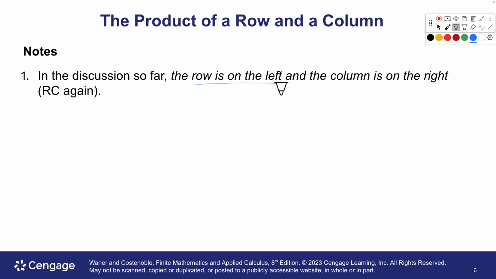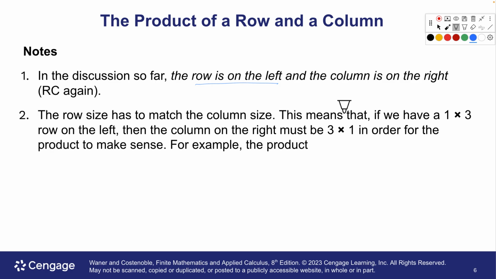So the row is on the left and the column on the right. If the dimensions are correct, we can do it another way, but that's how we're going to stick with. The row size has to match the column size, right? The middle dimension has to match the 1 by 3 and the 3 by 1. So these middle dimensions had to match,